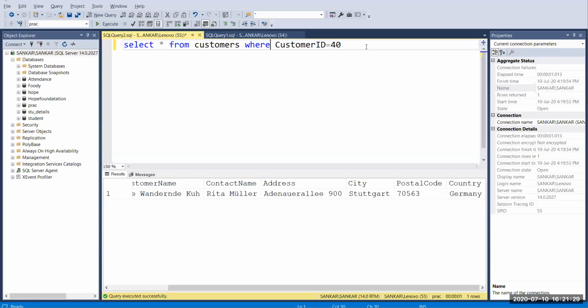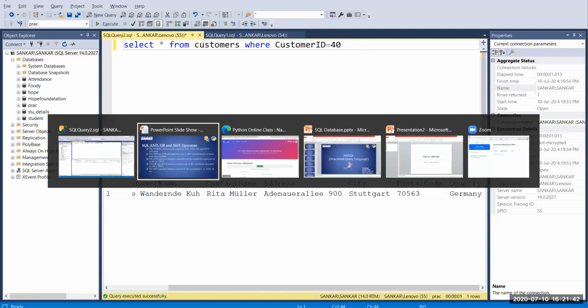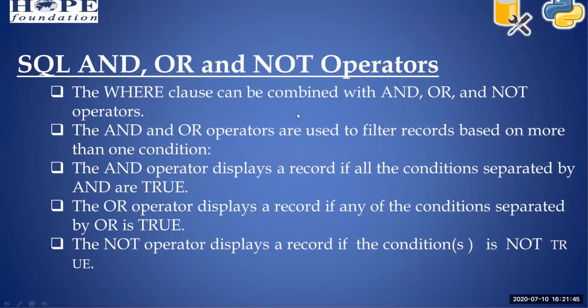In that way you can do it here, right? So you can use AND, OR and NOT operators to link more filters in the where condition. So the where clause can be combined with AND, OR and NOT operators.